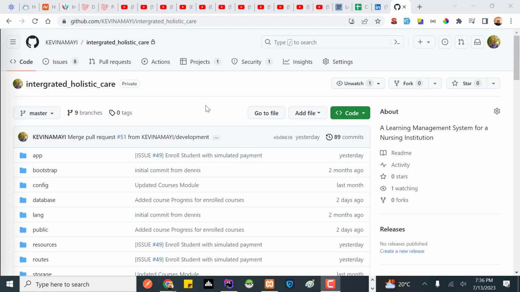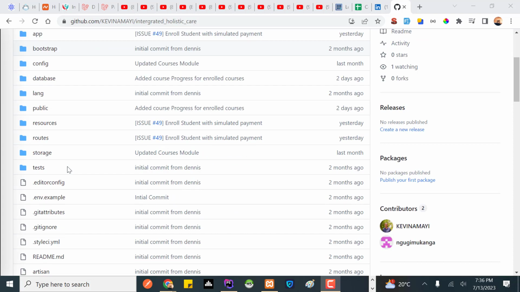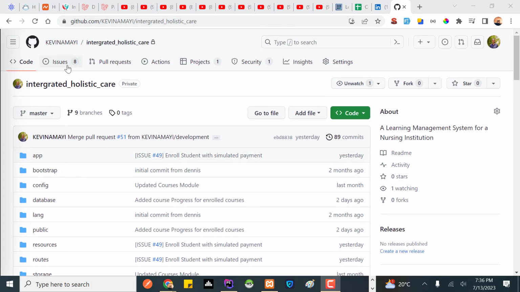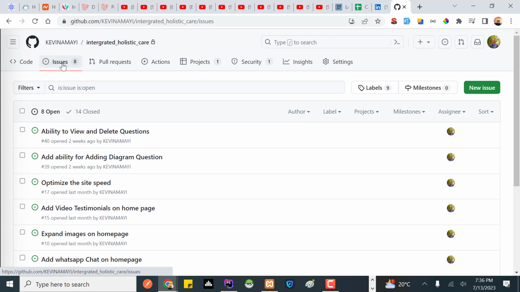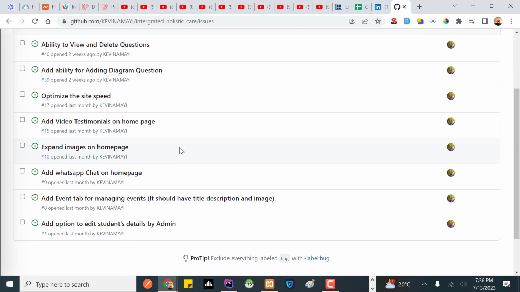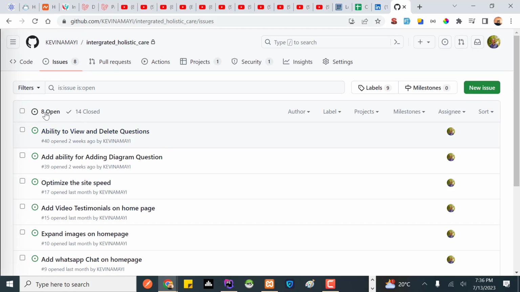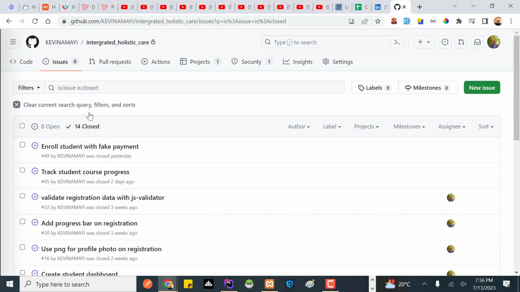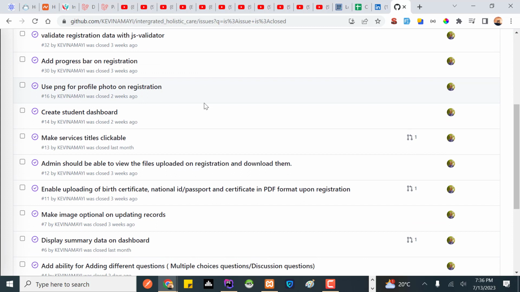All right, when I go back to the repository, I'm on master branch here, and if I click on issues here, this will just do the same thing, the issues that we have, but now it will list all the issues in a list form. So when I scroll down here, actually you see this option 8 open and 14 closed. So I'm just going to click on this closed option here. So let me just close that. Okay. So now when I scroll down, as you can see, I'm the one who has been working on this